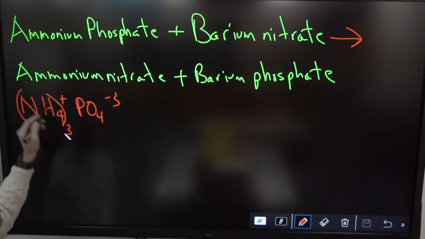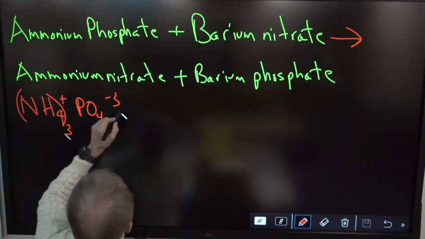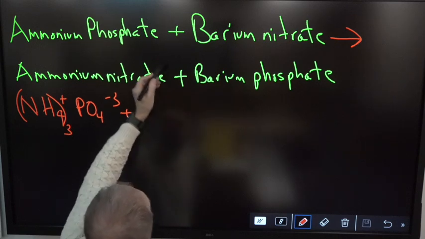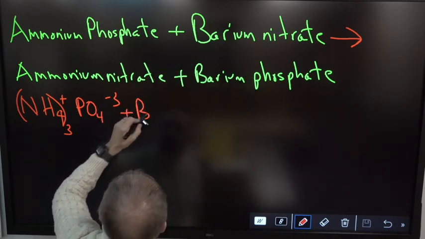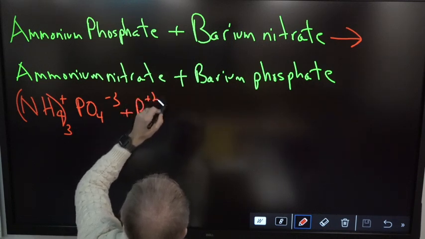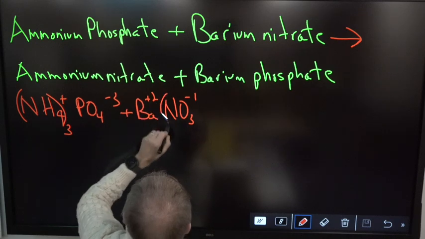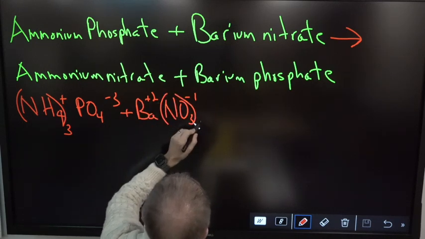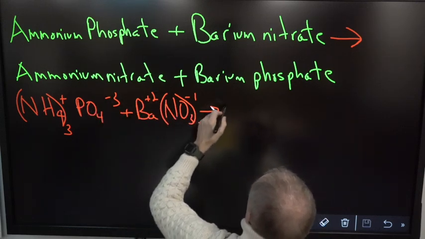You got to crisscross. You don't need to crisscross the plus 1 because it's given. Plus barium nitrate, Ba plus 2, NO3 minus 1, and we have to crisscross, and that's a 2 right there, yields